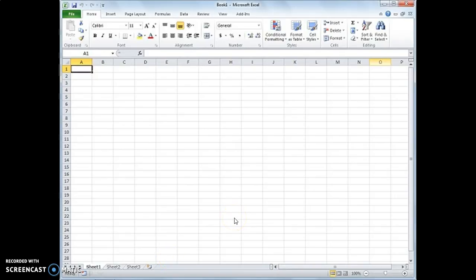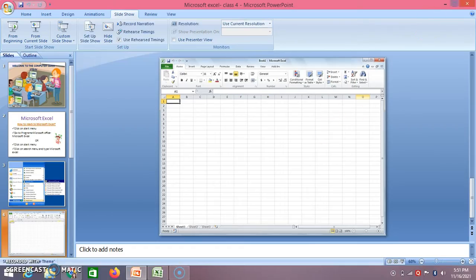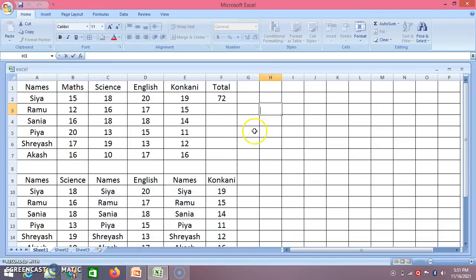Now let us see this in detail. So this is how your Microsoft Excel worksheet looks. It consists of columns represented by letters and rows represented by numbers. Now I have filled in the data over here, students.